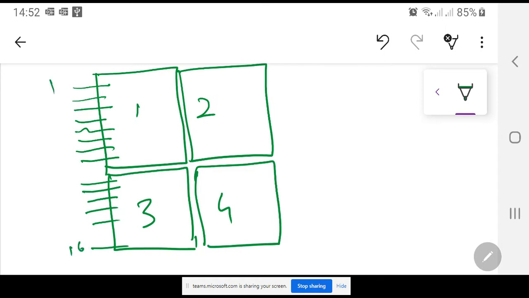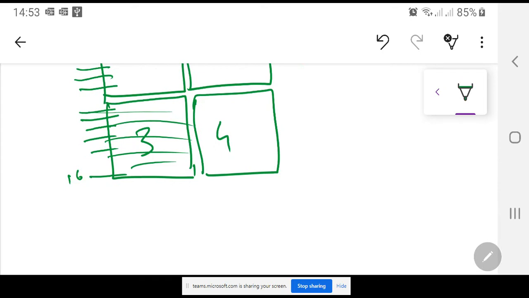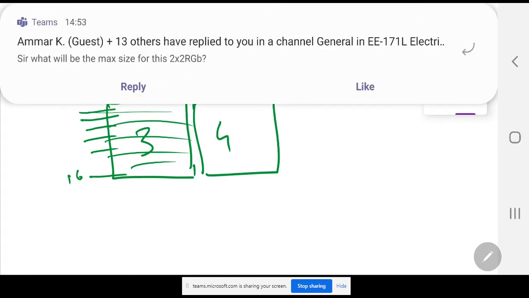So there will be 16 transistor pairs for the RGB, and this first row will be connected with the first row of the second one. Similarly, second over here, third over here, and similarly for all of them. Now this is the source side from where the current is actually coming in. But wherever you have